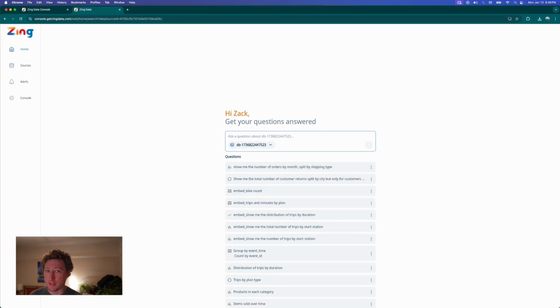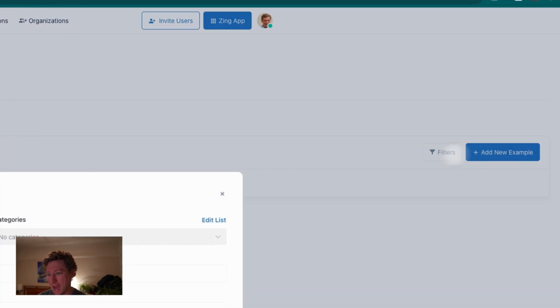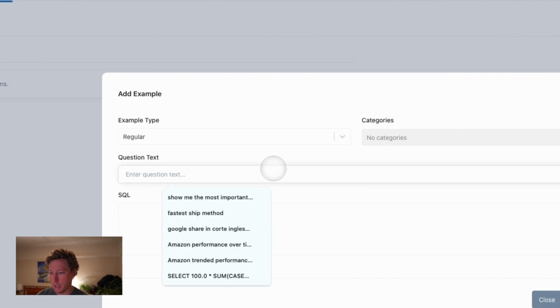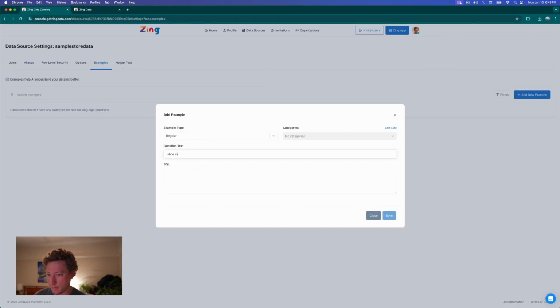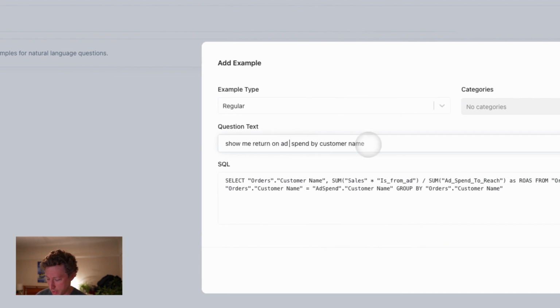I'm going to introduce the concept of ROAS, or return on ad spend, to Zing. And the way I'm going to do that is I'm going to go over here to my console. I'll click on my data source, and then I'll click examples. And I'll hit add new example. And I'll say, show me return on ad spend by customer name. So I've defined ROAS here using the SQL formula here, and maybe I'll say ROAS by customer name,